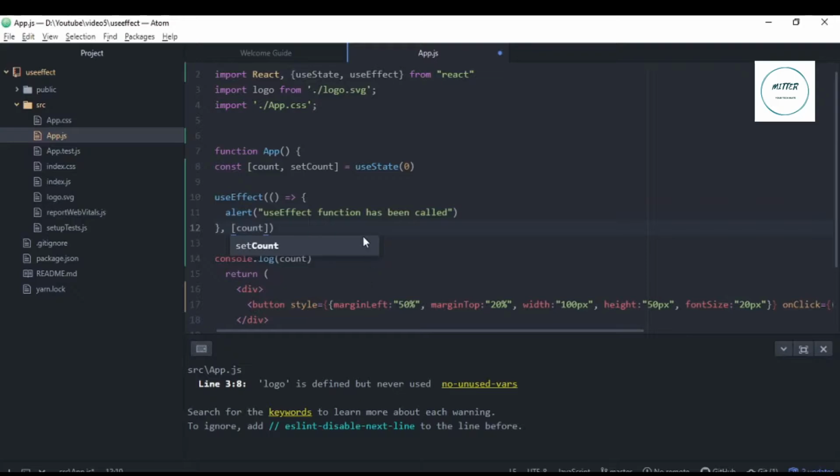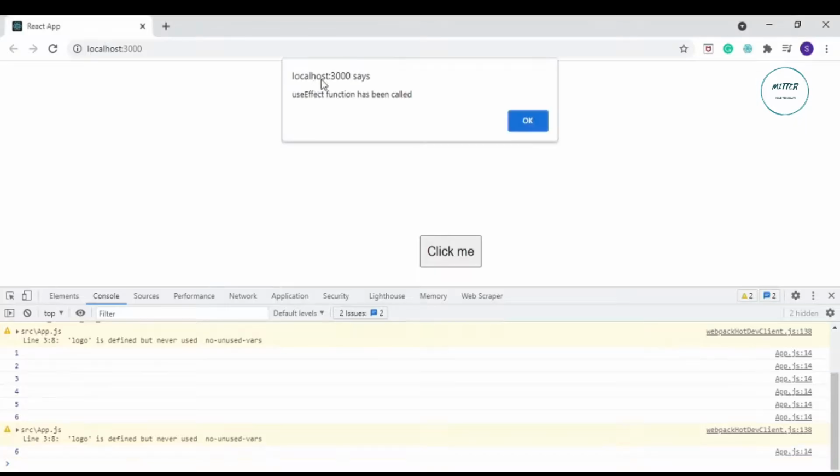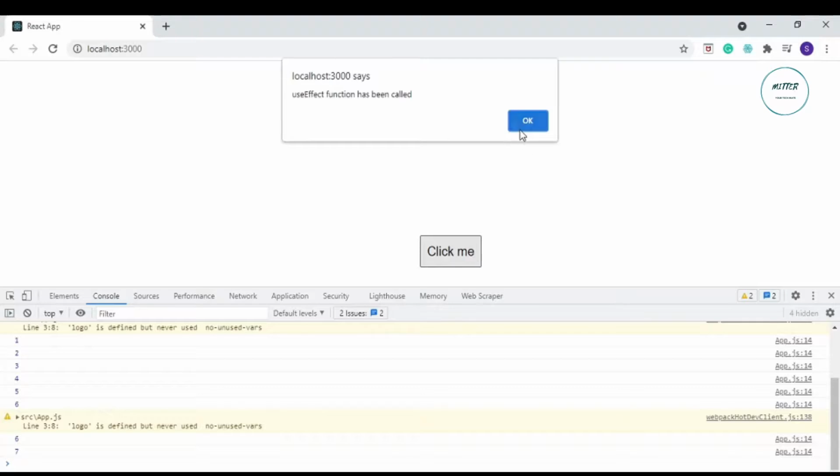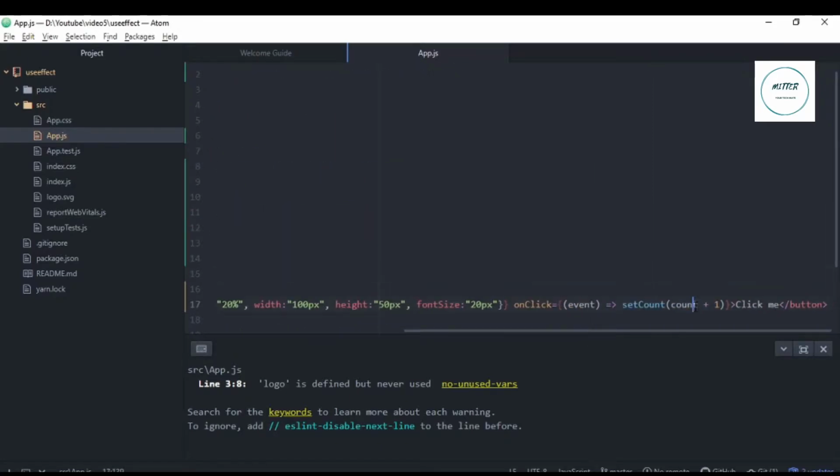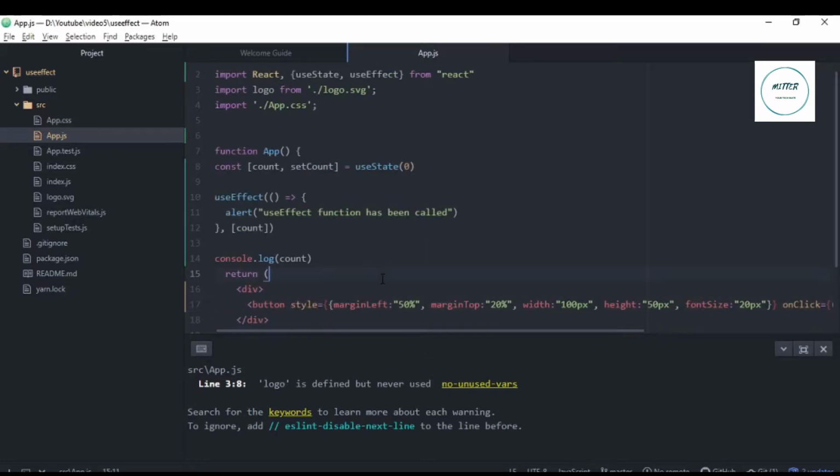And if I again put count here, save it again, now on the first refresh, the useEffect is called. If I click on the button, it is called. So now you might be getting an intuition of why we need useEffect in our code in React. If I want some part of the code to run whenever the value of any variable changes in the code. In our case, that variable is count, and when I am clicking on the button, that value is changing, and if that value is changing, my useEffect is being called again.